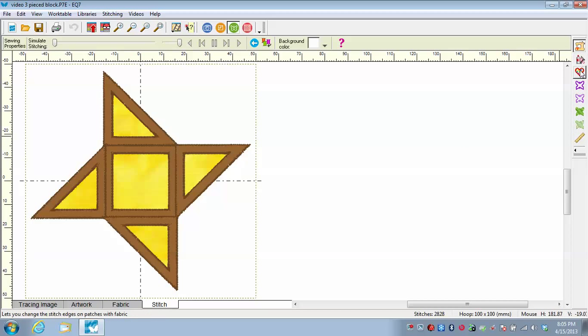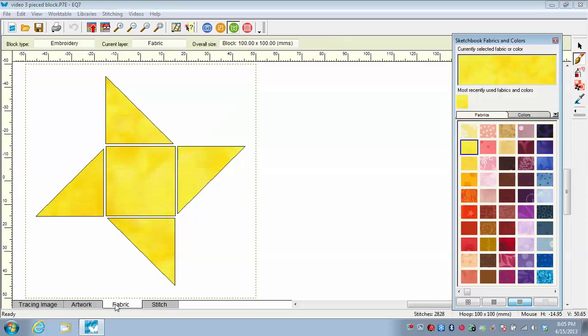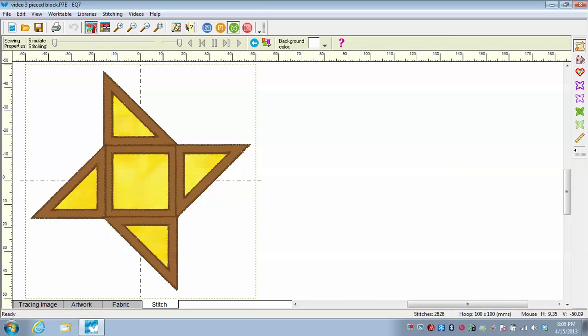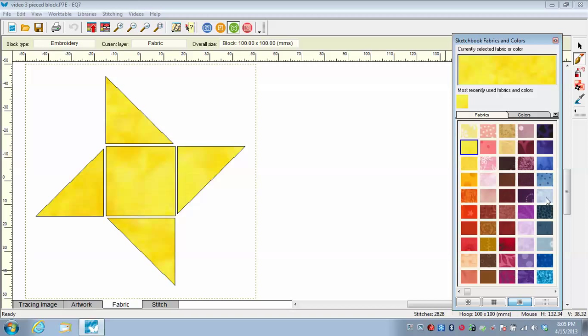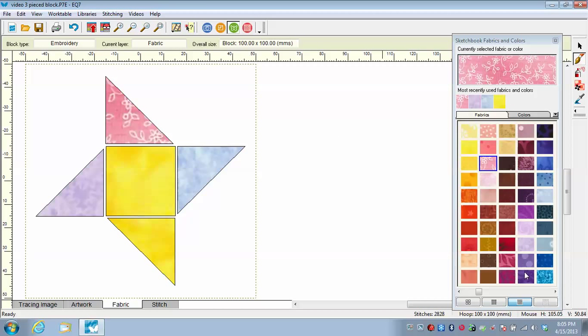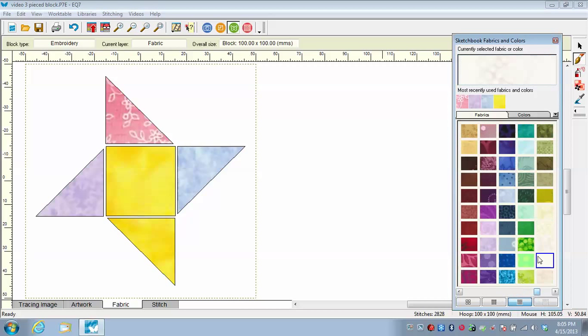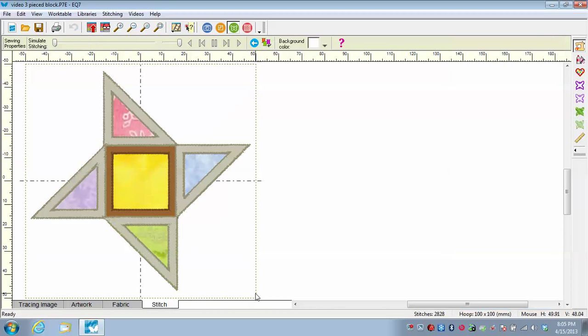Certainly you can change your fabrics. Oh, let's go back to stitch and let's add that to our sketchbook. We'll go back to the fabric tab. Of course, you can change your elements here to whatever colors you want, just to add some more interest. Now remember, this is all still the same design. We're simply changing it up by changing fabrics and elements as we go along. Go back to our stitch tab,